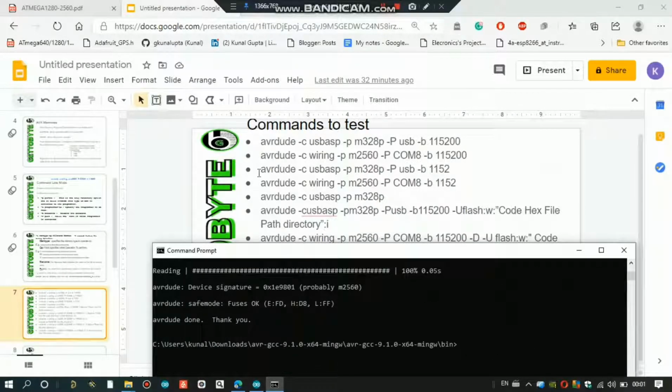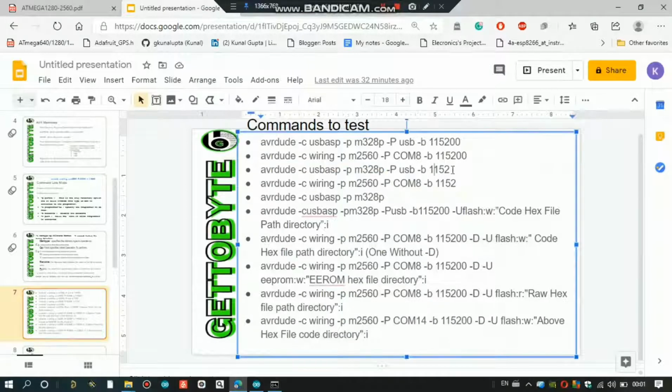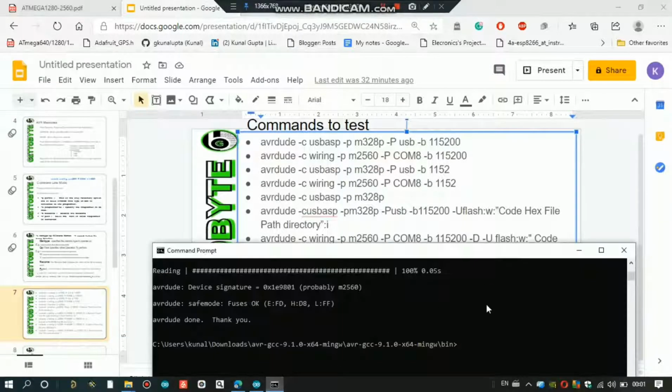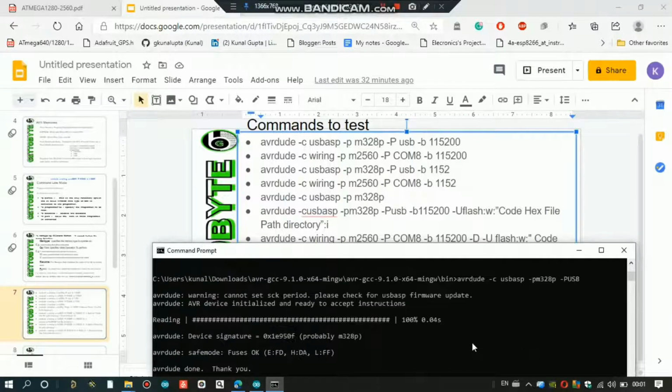Let me just test one or two commands. Now executing this third command, this USB one. I am executing this command via the up arrow key, because you can see your recent commands that way. Now -c usbasp, atmega328p, Arduino Nano. Even if you remove your baud rate in this, there will be no problem. Why? Because we are using the USBasp connector that is connected via the MOSI, SPI combination. It doesn't need a baud rate.